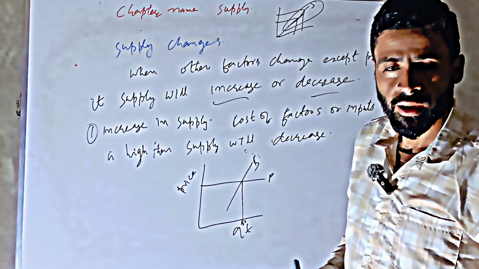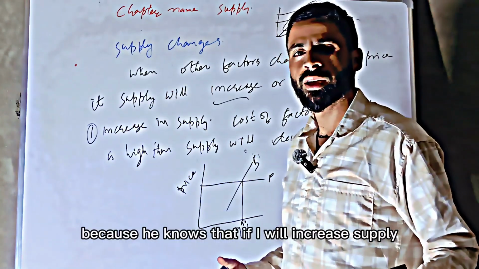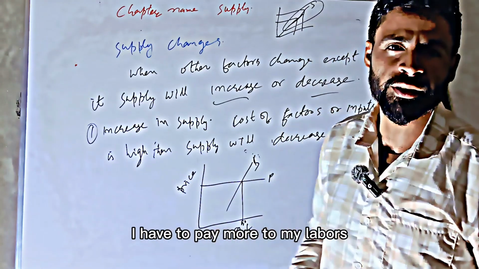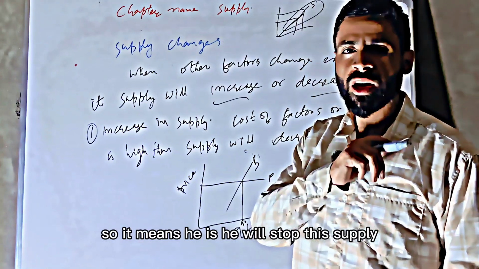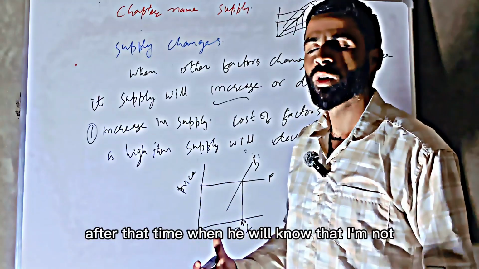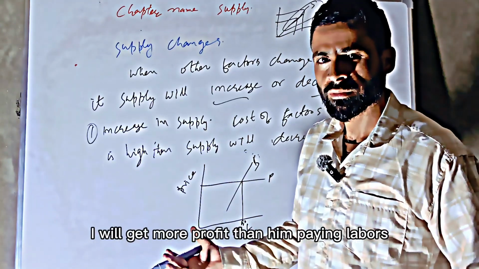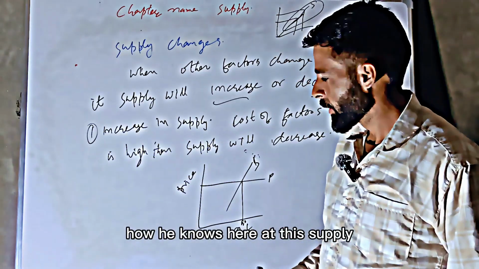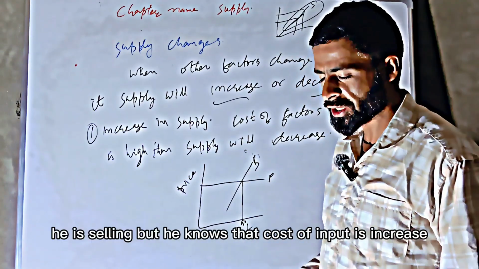He will retard his supply. Why? Because he knows that if I increase supply, I have to pay more to my laborers. So it means he will stop this supply up to the time when he knows that I will get more profit than